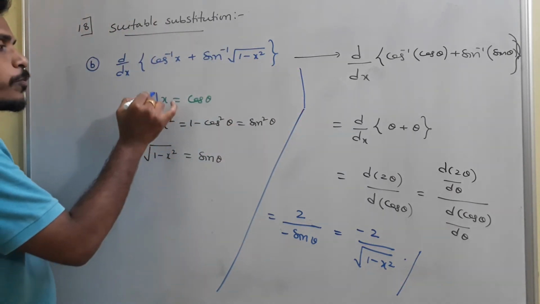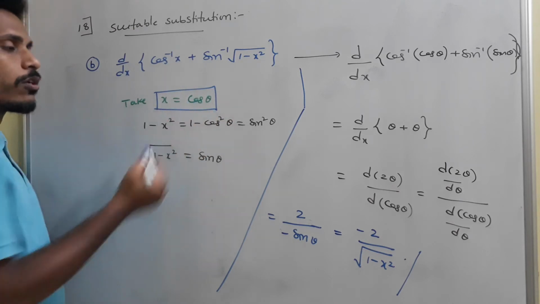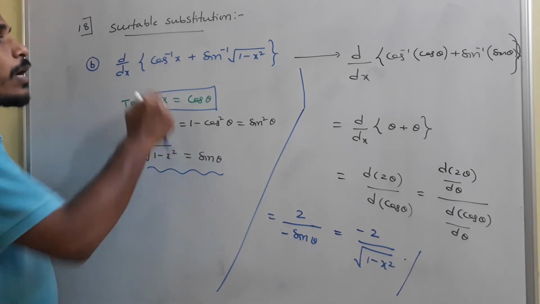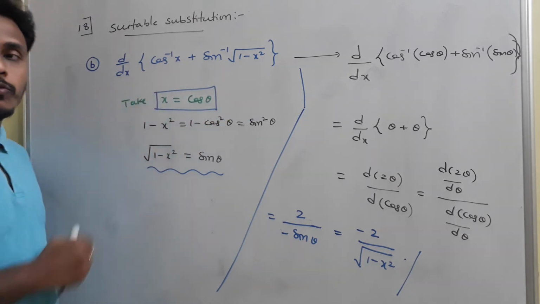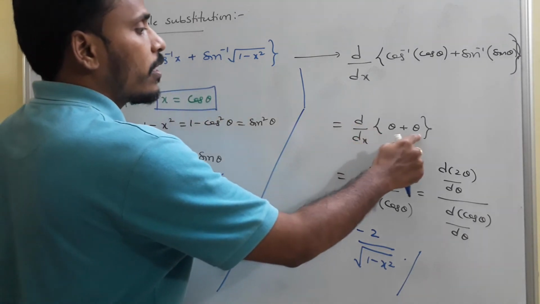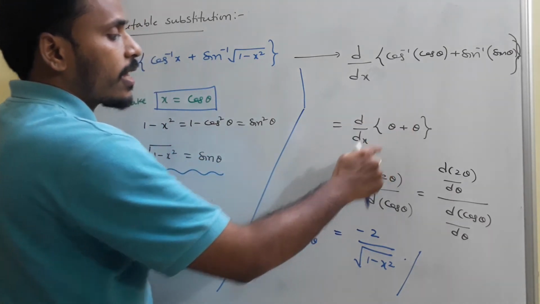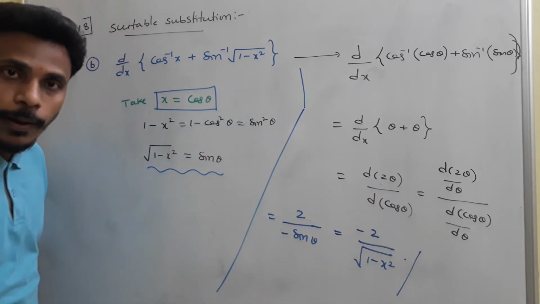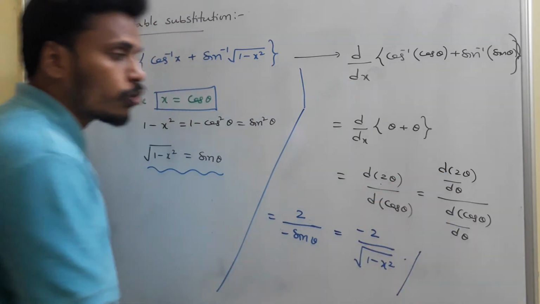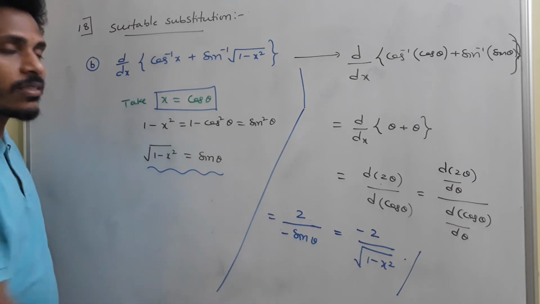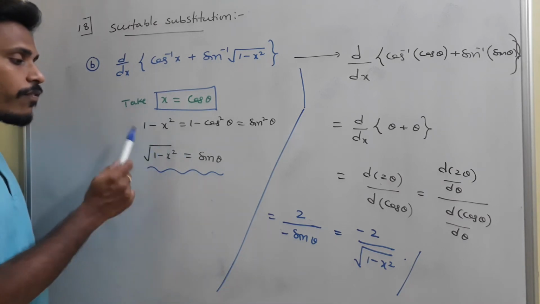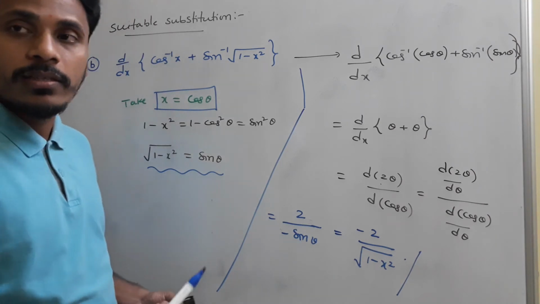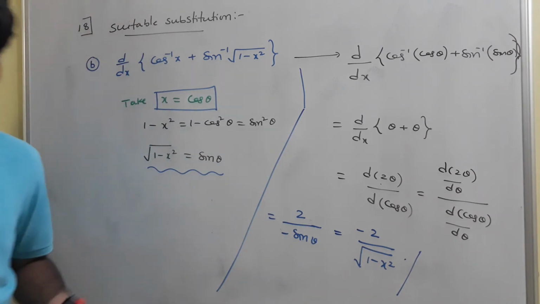You just think about the problem. This is a suitable substitution as x is equal to cos theta. From there root of 1 minus x square is sin theta. Now convert this expression in terms of x into expression in terms of theta. It results as 2 theta. So derivative of 2 theta with respect to cos theta. So apply derivative with respect to theta, and now 2 by minus sin theta. Replace sin theta with this root of 1 minus x square. That is minus 2 by root of 1 minus x square. Okay, you just have a look.